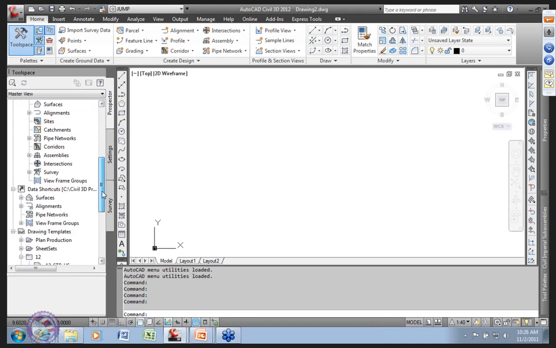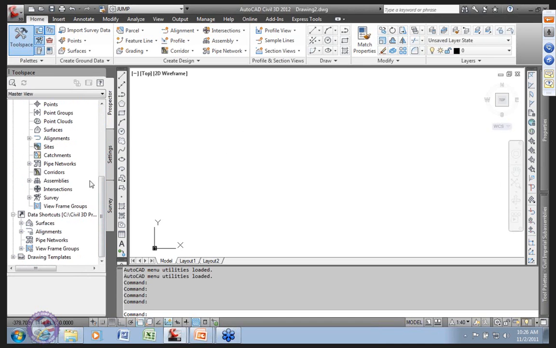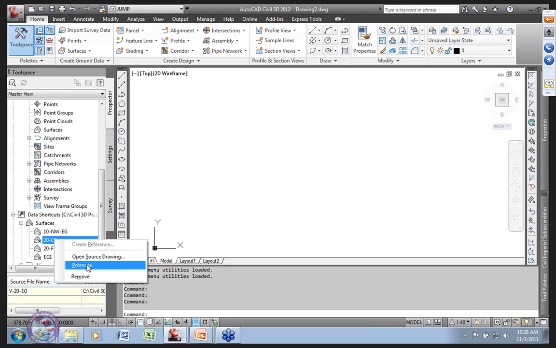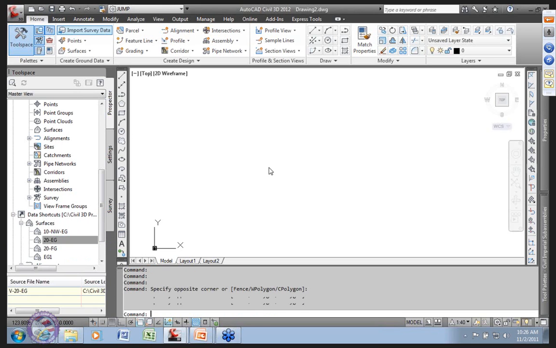Let's throw some data in here. We have a shared project. So, are we pointing to the right place? Data shortcuts are important. Here are my references. Hey, I'd just like to, oops, how come I can't create a reference? Oh, that's because I really haven't saved my drawing